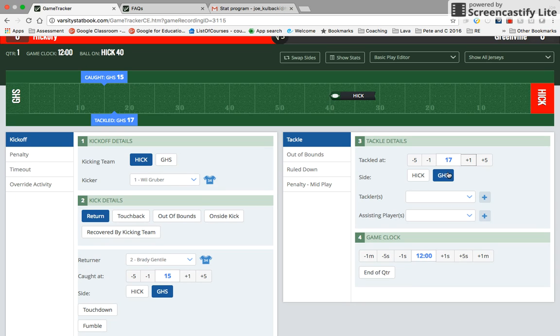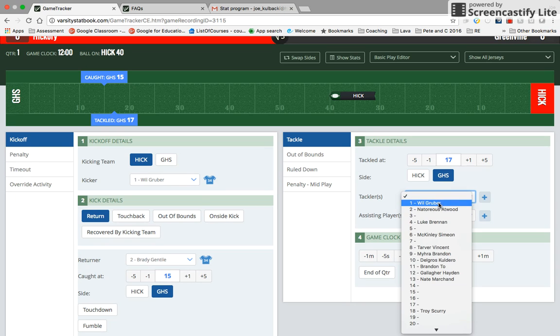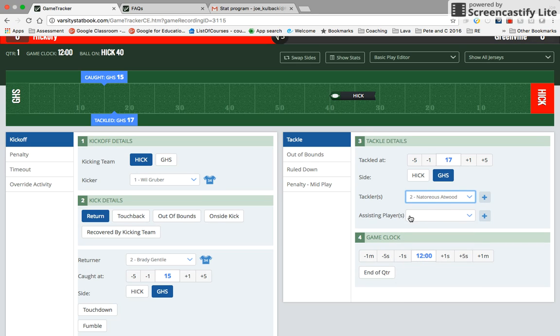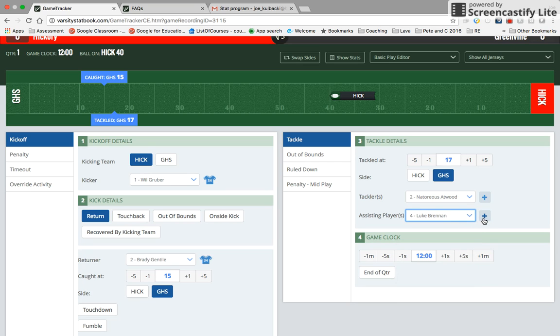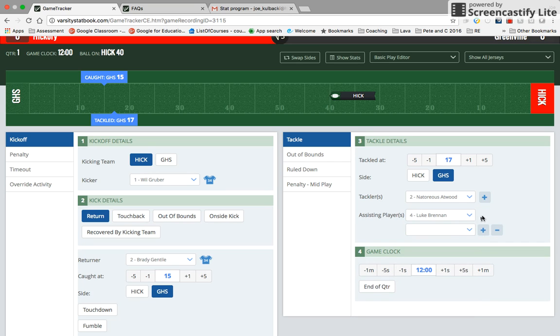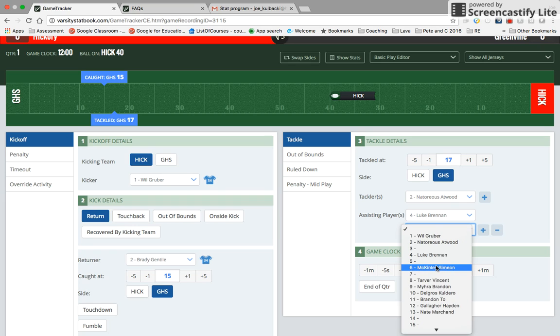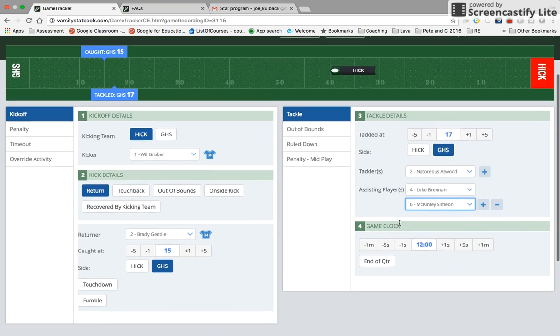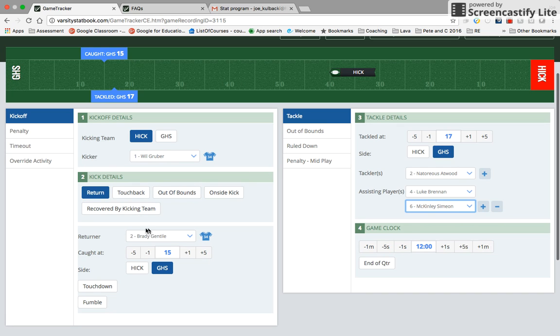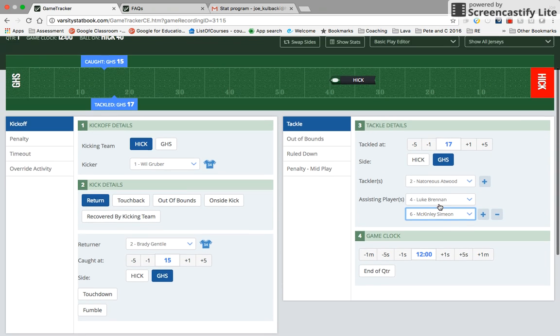Tackled by somebody on Greenville. I can select the tackler. Let's say it was Notorious. Let's say there was an assisting player, Luke. Let's say there was another assisting player. I can hit the plus sign, Simeon. Okay, once that is done, I have who caught it, where they caught it, where they returned to on the Greenville side, who tackled them, and now let's say